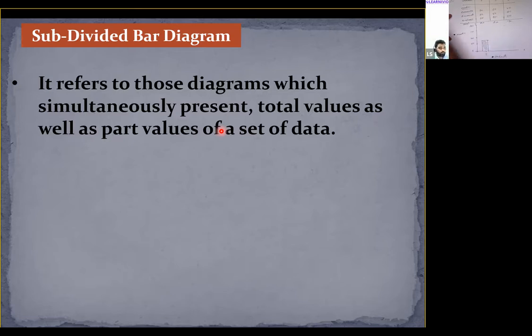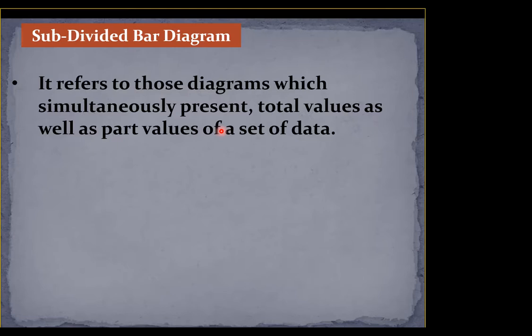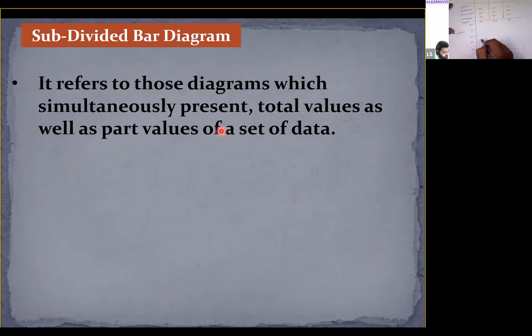All right. Tell me what is the marks scored in accounts by X. This is 80. All right. And now pay attention here. In order to indicate this value in the subdivided bar diagram, what we will be doing? We will be adding 70 plus 80. What is the sum total of 70 plus 80? 70 plus 80 equals 150, right? Yes, sir, 150. Okay, so now we will further extend this bar diagram till 150.